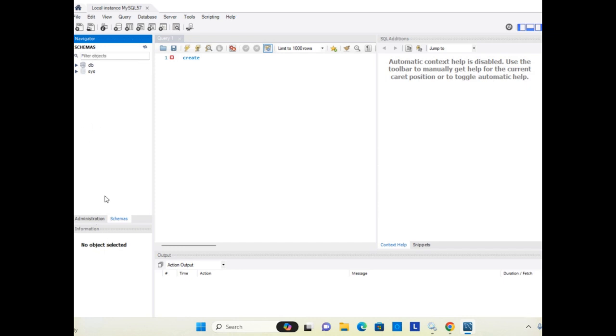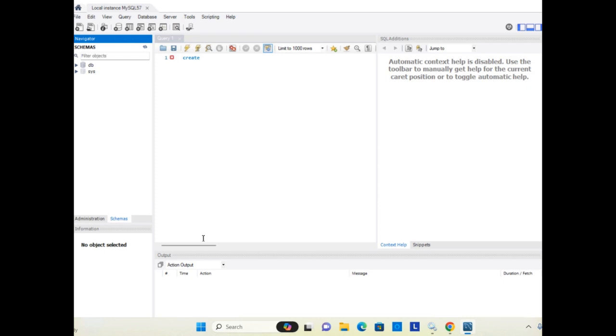In this panel you can also see the administrator section, where you can check the server status or many other statuses if you are working as an administrator. Currently we are just working as users, giving some commands to learn some basic commands of SQL in this course, so we have to interact with the schemas only.